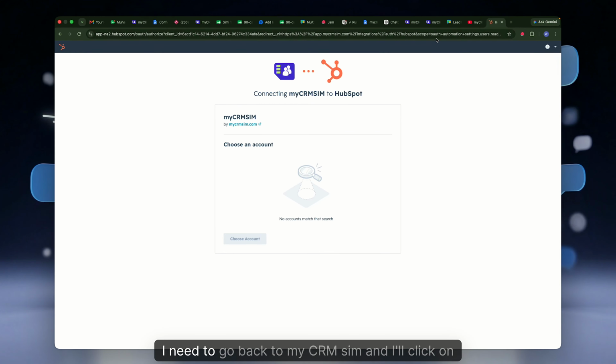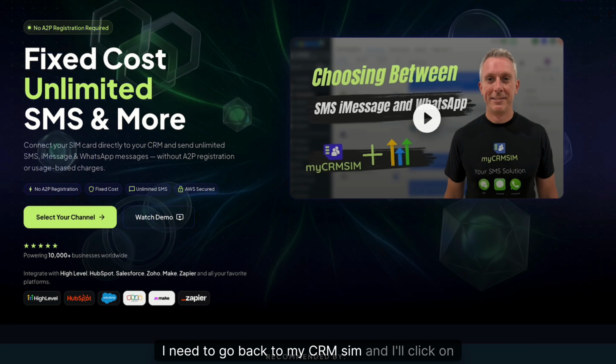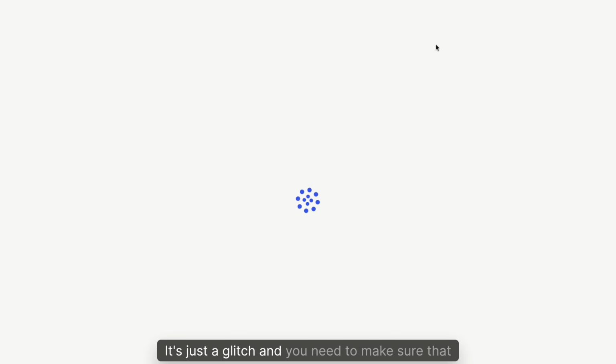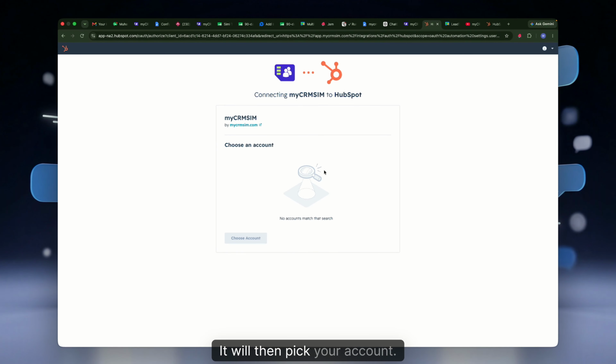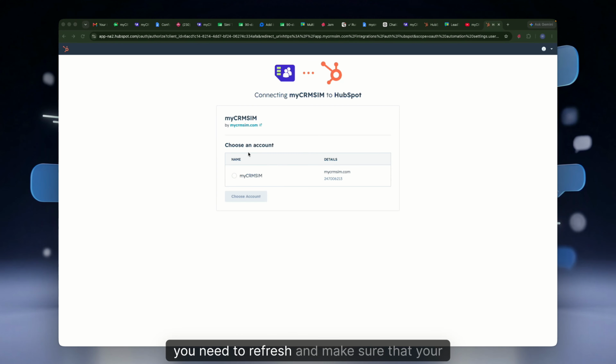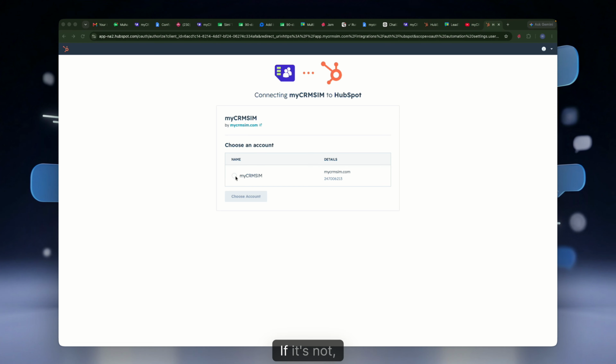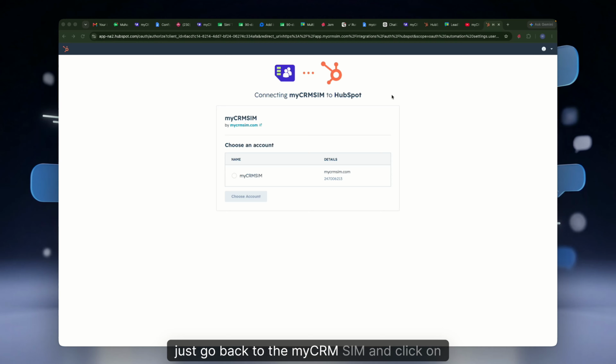So I need to go back to myCRMSIM and click on integrations again. It's just a glitch and you need to make sure that you click on connect again. It will then pick your account. You need to refresh and make sure that your account is visible. If it's not, just go back to myCRMSIM and click on connect again in integrations and this account will